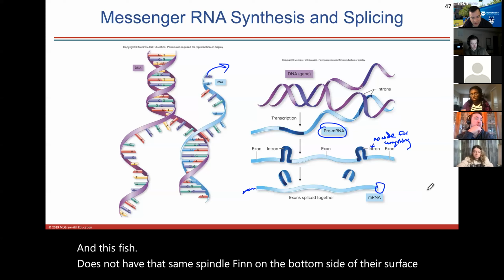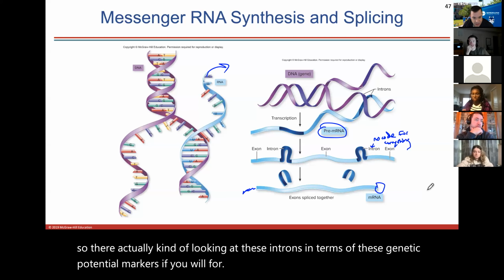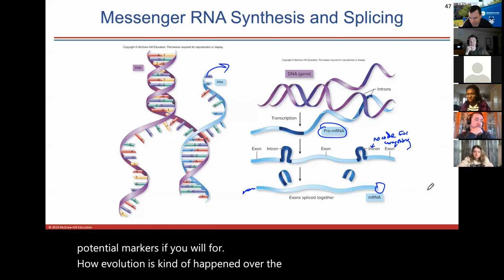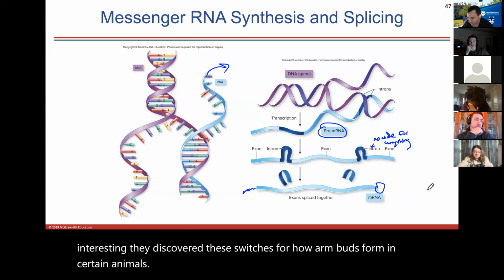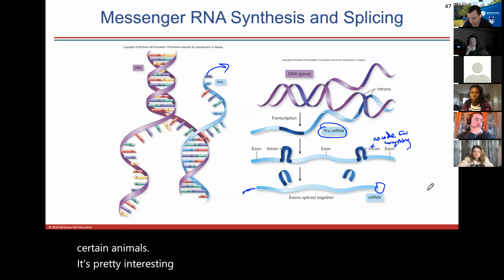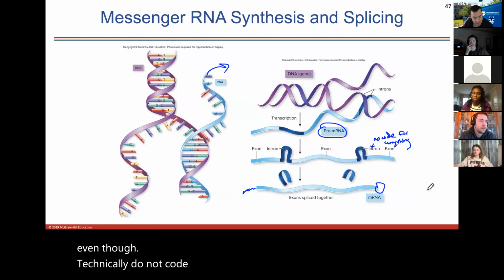So they're actually looking at these introns in terms of these genetic potential markers, if you will, for how evolution has happened over the millennia. And it's pretty interesting. They've discovered these switches for how arm buds form in certain animals. And this is only within maybe the last 20 years or so that they've been able to see these. So these introns, even though technically they do not code for anything specific, they may end up being these switches that can turn on and off